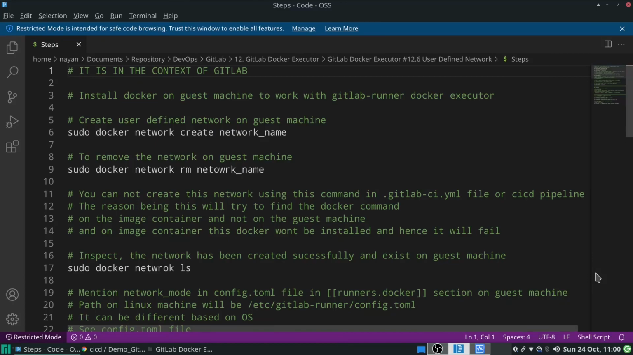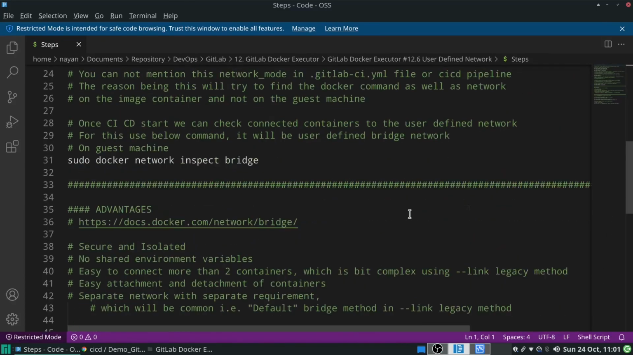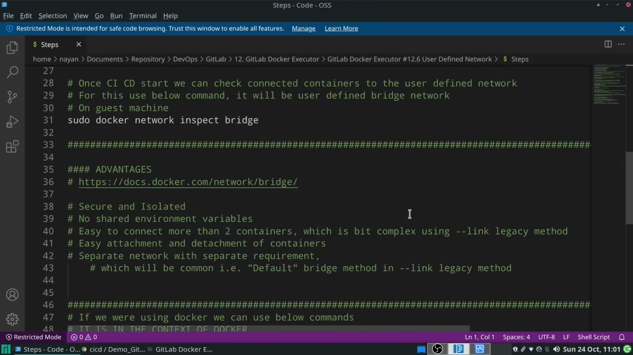What are the options that we need to define in either the CI/CD pipeline or config.toml file, and what are the prerequisites for it, and then how the CI/CD pipeline will work with the user-defined bridge networking method. Let's see that. First, we will see what is the difference between the user-defined bridge networking method and the default bridge